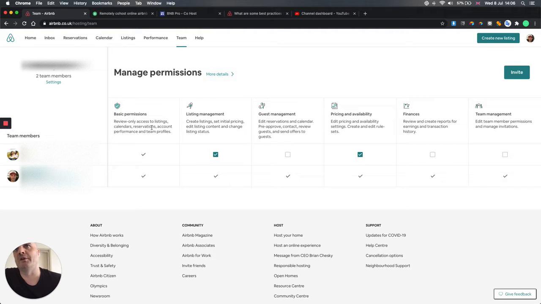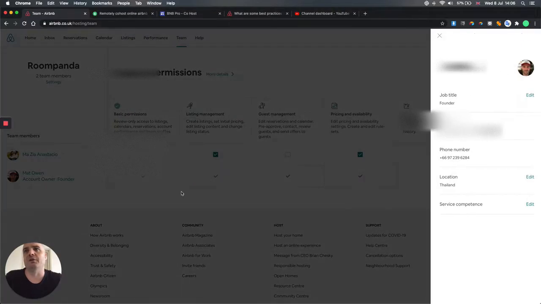Yes, review only, access to listings, calendars, reservations, account performance, team profiles, listing management, guest management, price and availability, finances, team management. So this is the section where you give them rights. So maybe you don't want to divulge so much information on the account. So this is a section where you would apply those rules. If you actually go into the account,